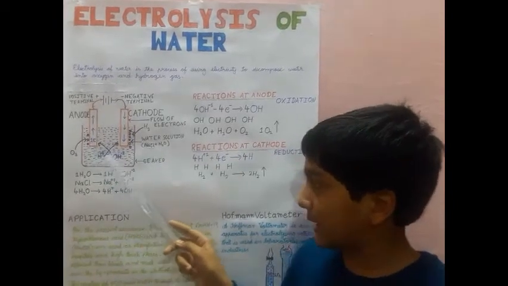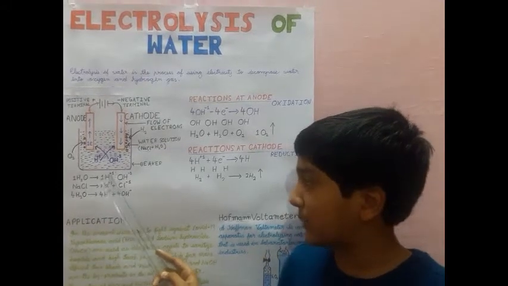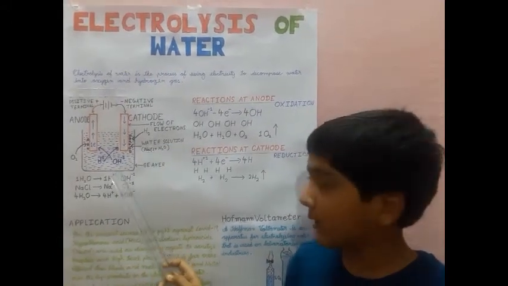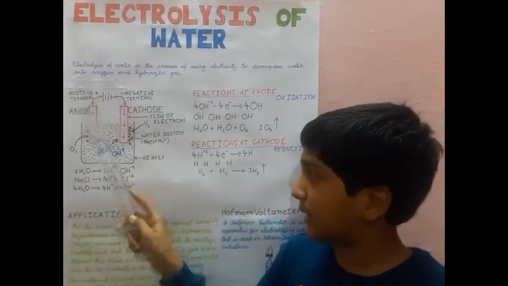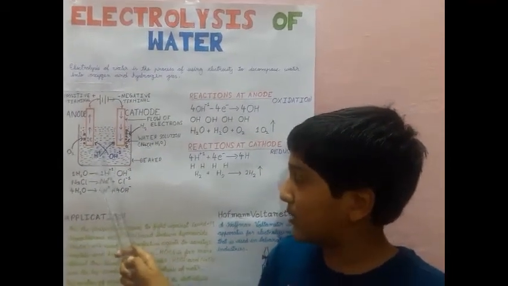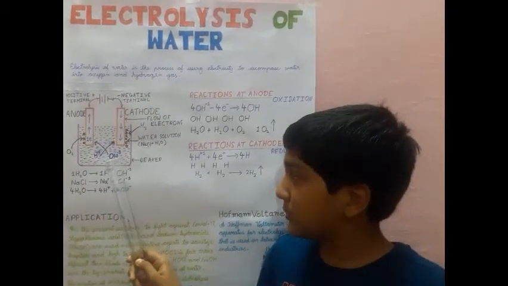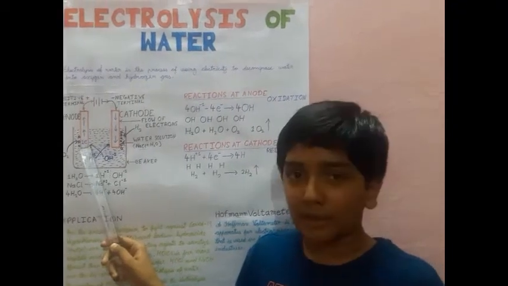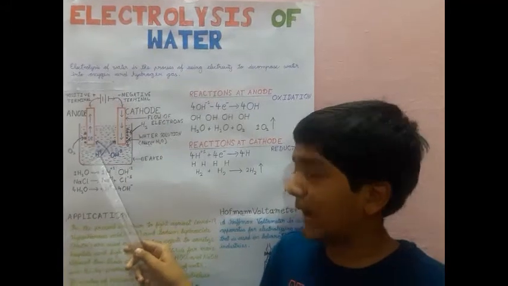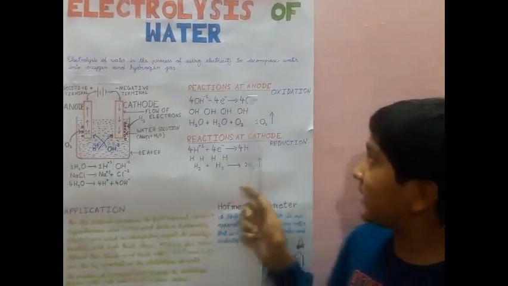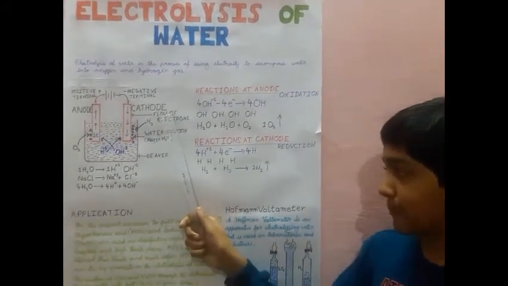Once the electricity starts flowing in the circuit, the water molecules start breaking into one H plus ion and OH minus ion. As the OH minus ion is negative, it is attracted towards the positive terminal, and as the H plus ion is positive, it is attracted towards the negative terminal. The OH minus ions release one electron that is flown towards the cathode and absorbed by the hydrogen present there. So we can say that oxidation takes place at anode and reduction takes place at cathode.